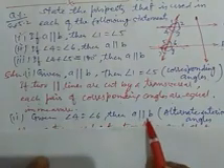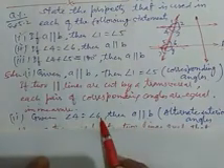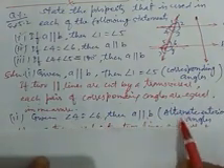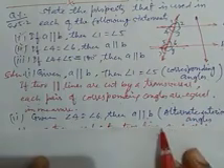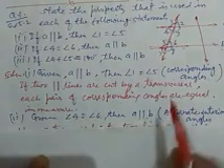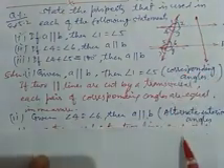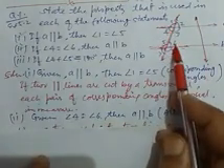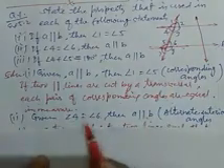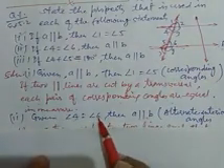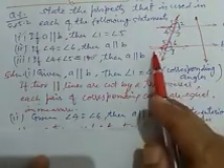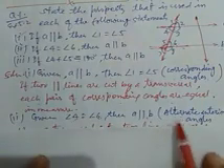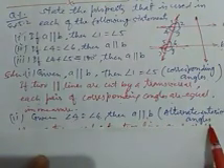Why? Because the lines are parallel. One piece of information is that the angles are equal. The other is that the lines are parallel. So the third piece of information is the alternate interior angle. Because when the lines are parallel and a transversal cuts them, the alternate interior angles formed are equal. Here we have previously known angle 4 and angle 6 are equal and the lines are parallel, so they are necessarily alternate interior angles.